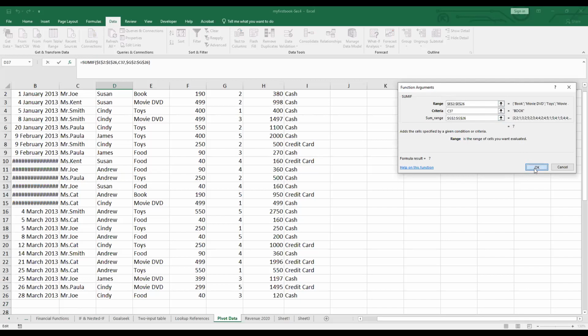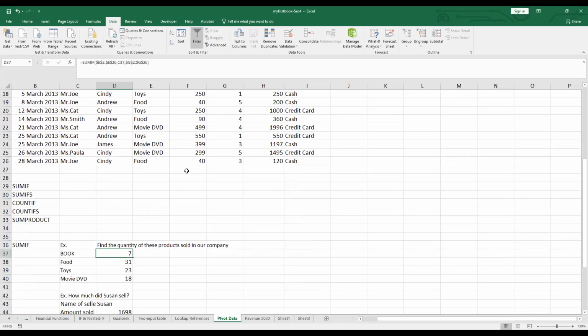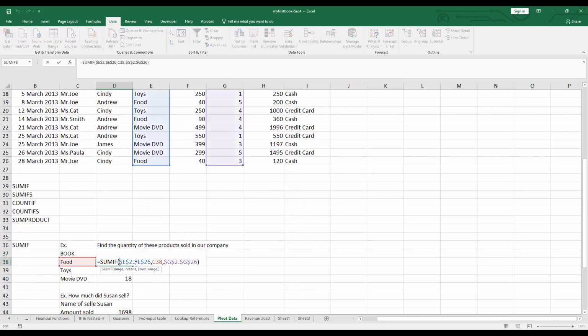In this one, I lock the cell because I want to copy this formula to other products as well. If I don't lock these references, they will be moved down as well. That's why I have to lock it by applying the dollar sign for both column and rows. After that,